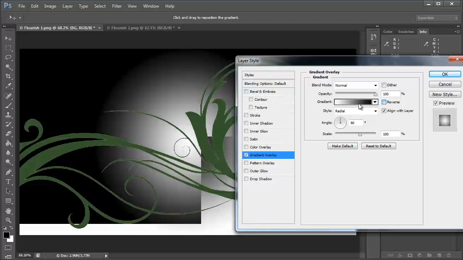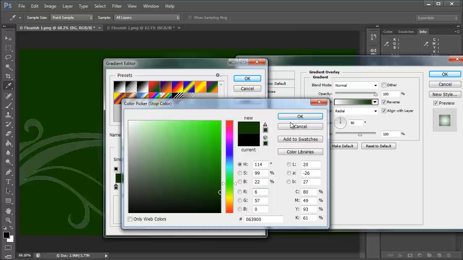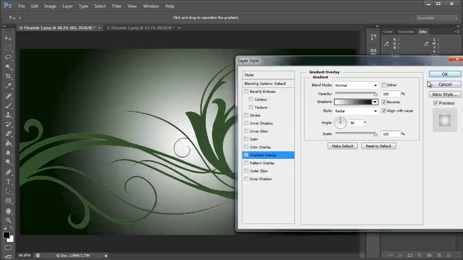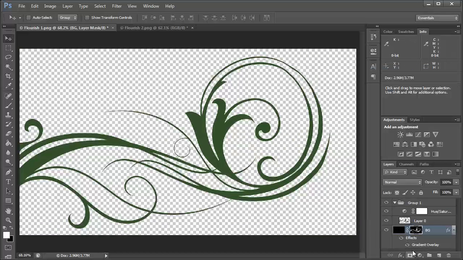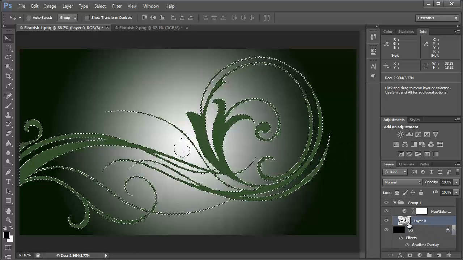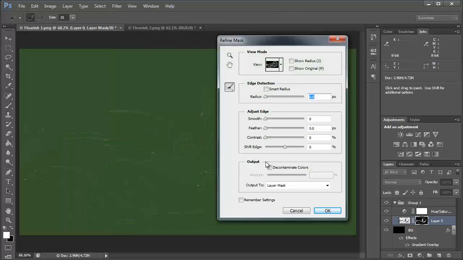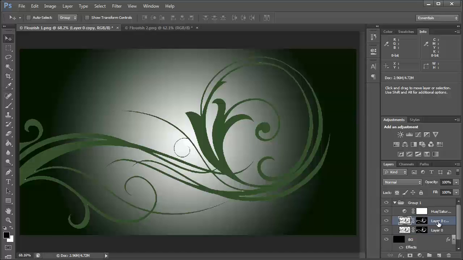cancel that, reverse, and to make this a bit lighter, a bit kind of green maybe, like that. And play with that a bit, okay. Go back into the group, control click on this layer, hit the layer mask button, undo that because I did that wrong, make sure this layer is selected, click the layer mask button, select, refine mask, and then just shift the edge a bit, just to eliminate this harsh edge, okay, and then duplicate this,